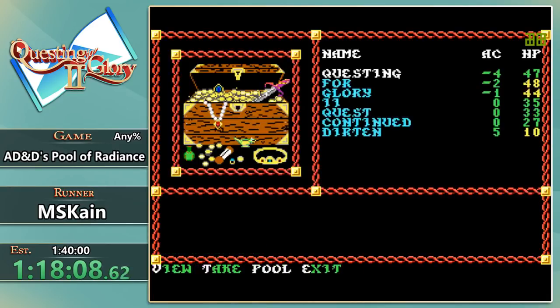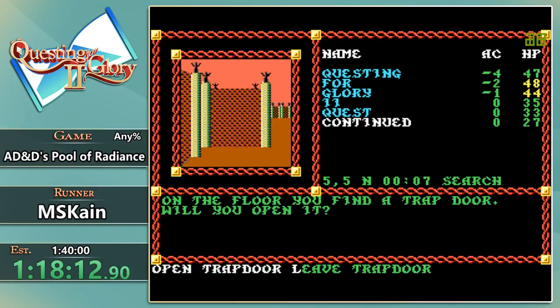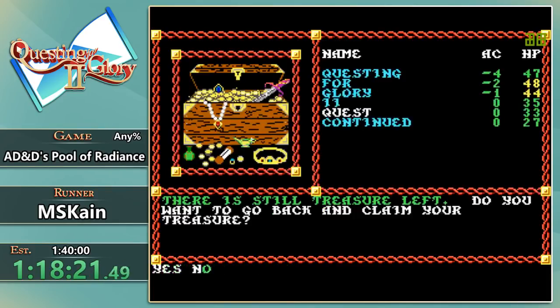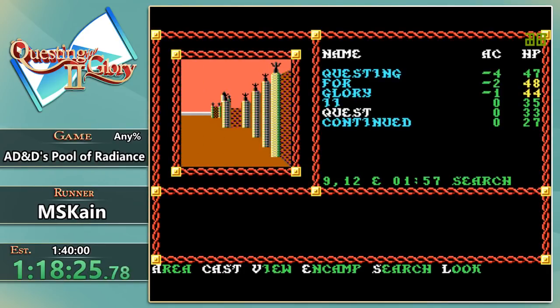Since then, I found another guaranteed spot, and now Durton leaves the party so he can do this temple. This used to be a temple to Tyr, a good god, and so the people of Tyr want us to take it back for them. Let's see, just that scroll is all I want there. But you can also...